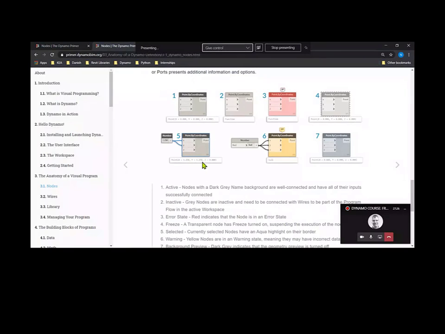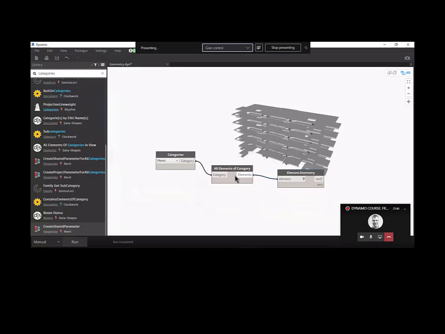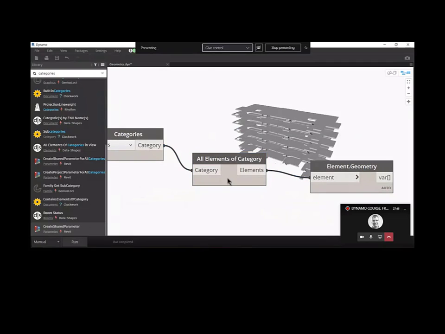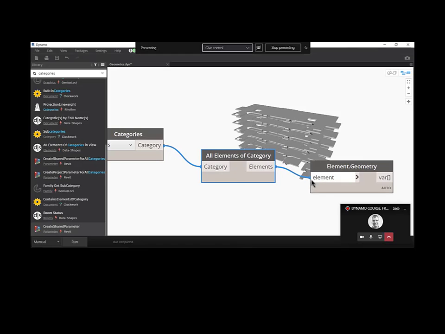The fifth state is quite nice, I think, and this is just to show you what you select. So when you select a node, automatically a blue outline is surrounded by your node, and all the wires or the inputs that you connected will also turn blue. For example, if I click on this node, see, it was normal, and then if I click on it, it will be surrounded by a blue outline, and this just shows that this is what you're selecting, and all the wires that are connected to this node will also turn blue,